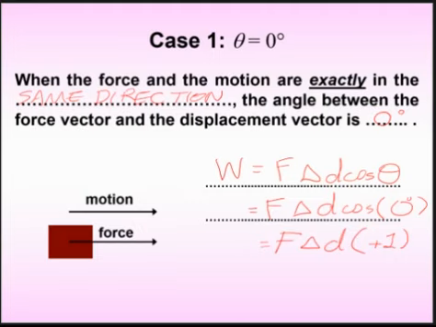What do you get when you multiply anything by 1? Do you get 1 or the same thing? You get the same thing. So,